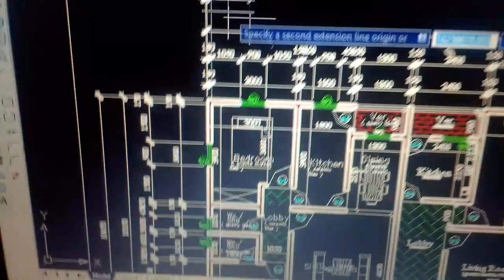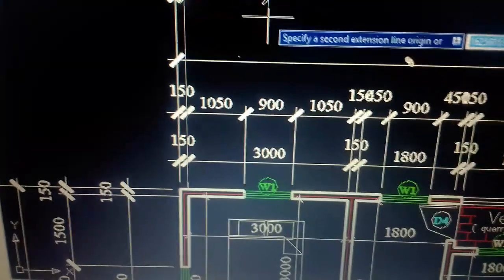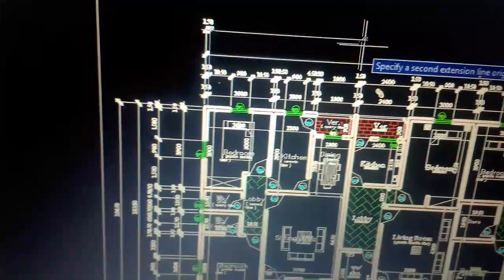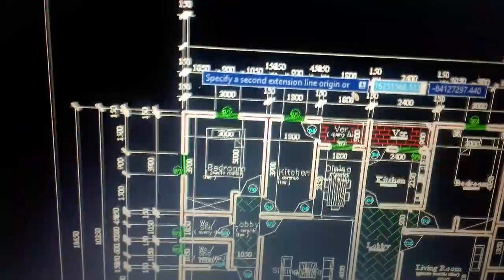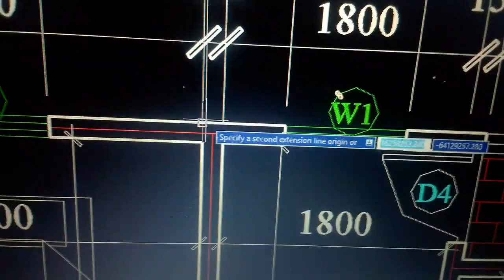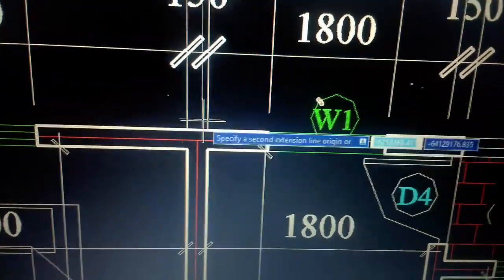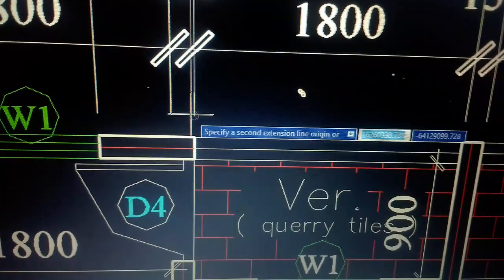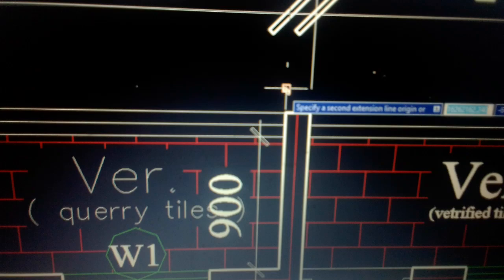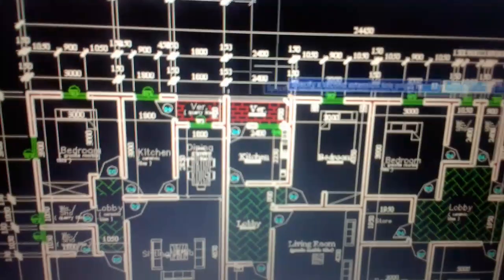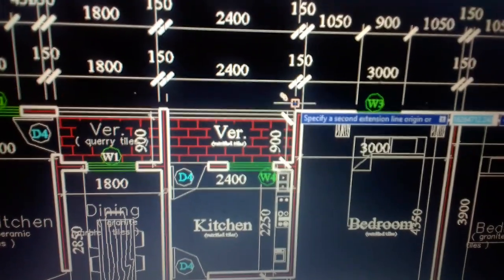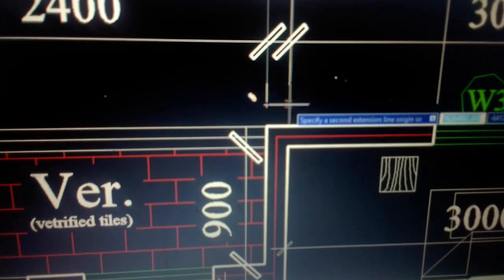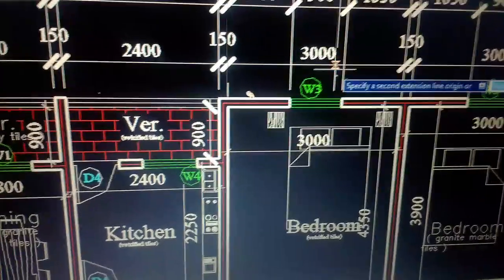When you click on continue, it means you want to continue the linear dimension that you've already done. You understand? You don't have to be picking linear dimension every now and then. You just go straight to continuous, and as you click on any of the points you are working on, you can continue to dimension without going back to the dimension command again. With linear, if you do one, you go back to linear, take another measurement, go back to linear. That's a waste of time. So first, you do just one linear,